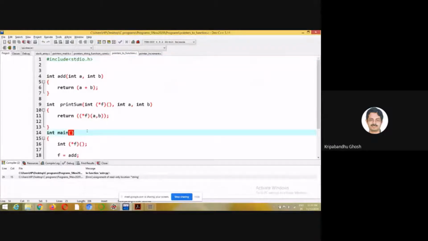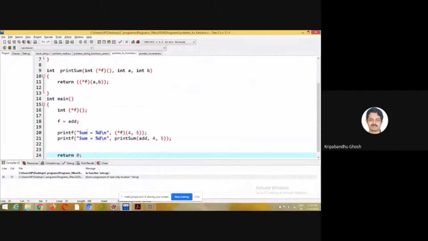What this means is we can have a pointer to a function. That will point to the starting address of the function. So you see that this is the notation. We talked about 3 other notations, right?